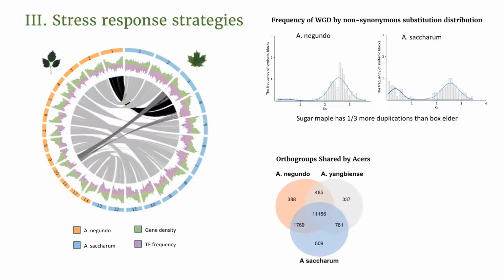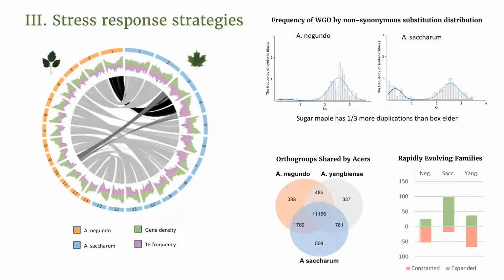The last two figures are overviews of the genomic comparison. This first Venn just shows the scale and amount of overlap in the resulting number of gene families. The last one is the total of rapidly expanding or contracting families for each species. Saccharum has many more expanding, while Ngundo really didn't have much and was mostly contracting families. So the overall picture is that Ngundo is much more reduced.